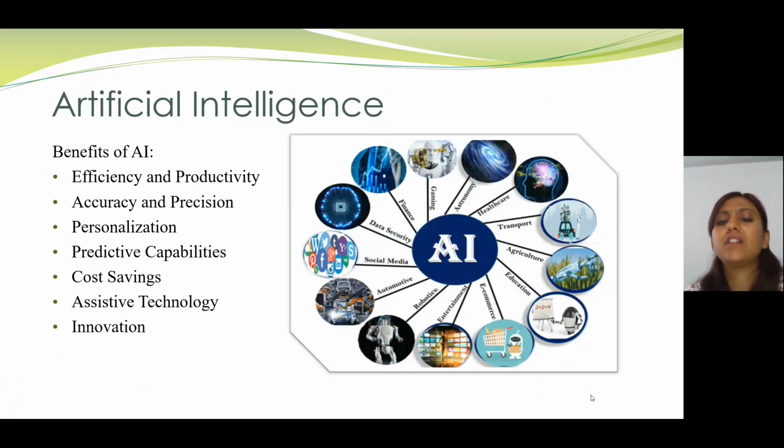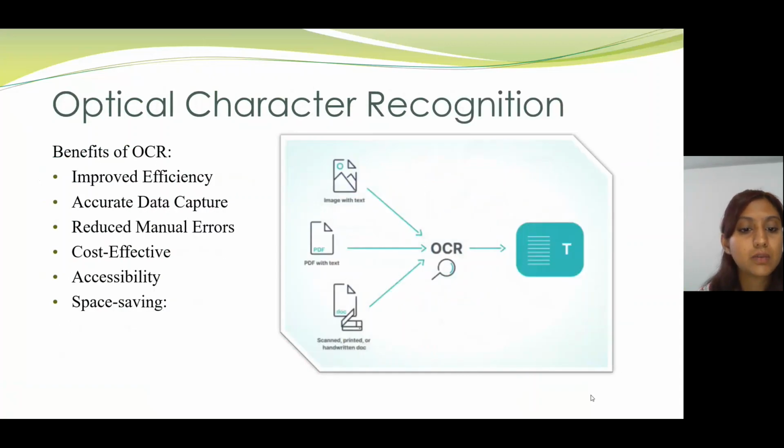So we could find some of the fields where AI is used, like gaming, astronomy, healthcare, transport, agriculture, education, e-commerce, entertainment, robotics, automotive, social media, data science, finance. So these are the fields where we could find AI. Now let us start with